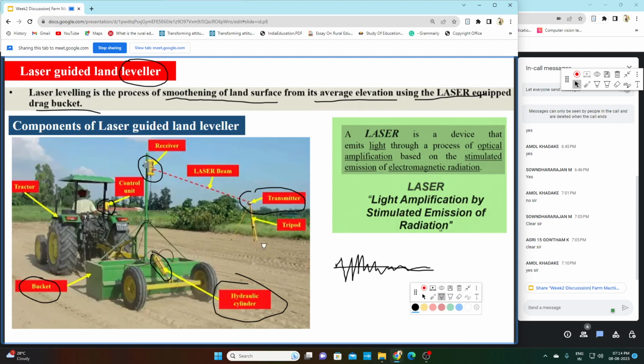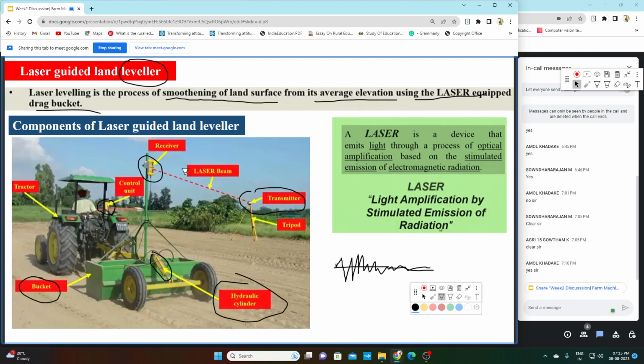It is kept in that field where we don't want to level our field. So this transmitter will be transmitting a signal. By this signal transmitting, it will transmit the signal to the receiver. When the signal is received by the receiver, the receiver will take care that